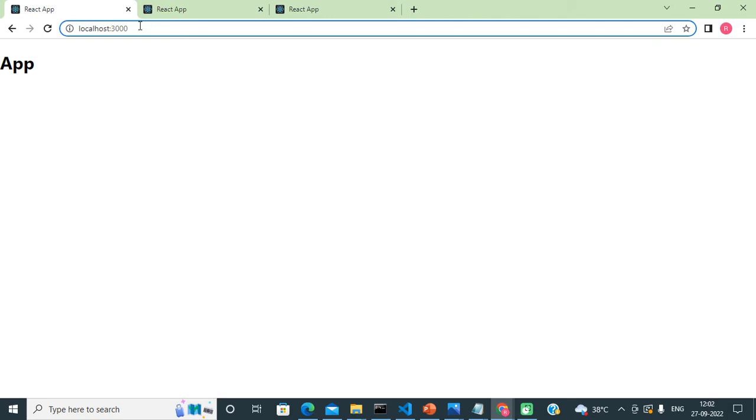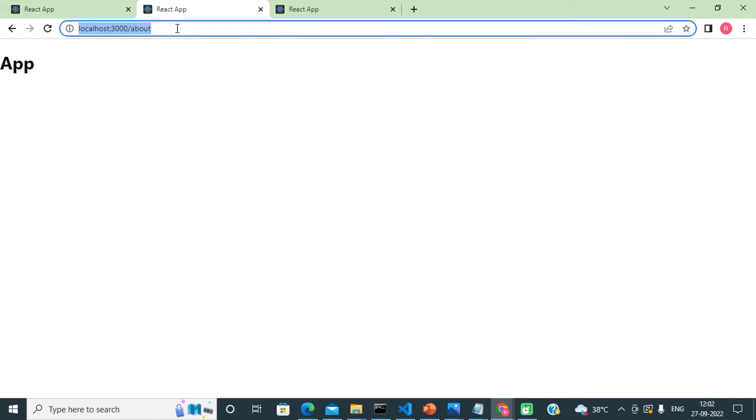So basically when user will enter this URL localhost 3000, user will be able to see the normal default user interface, that is the default home page of this application. If user will try this URL, that is localhost 3000/about, in that case user will see another page, that is about us related page of the same website. If user will try localhost 3000/login, in that case user will just see a login page.